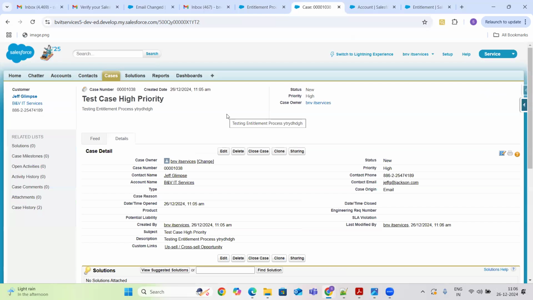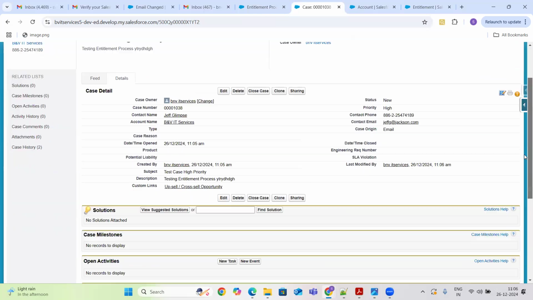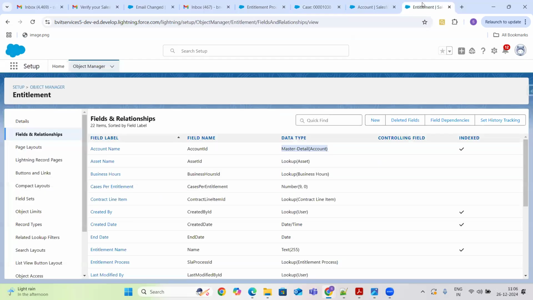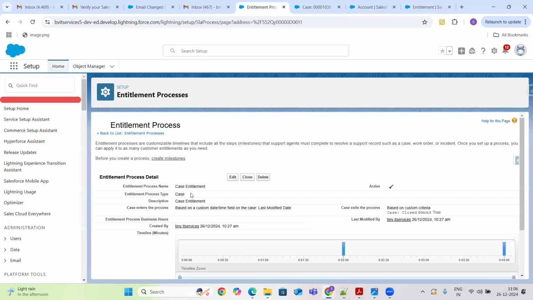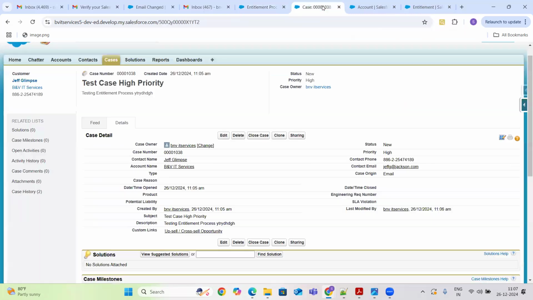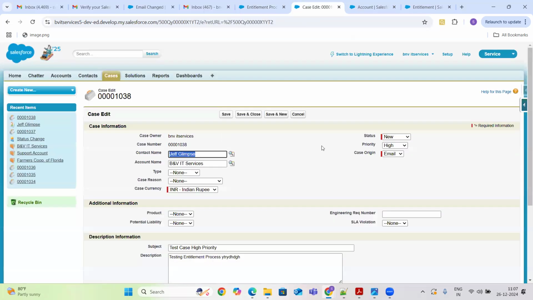Click on save. So this is the one. Click on edit and let me change that to medium.